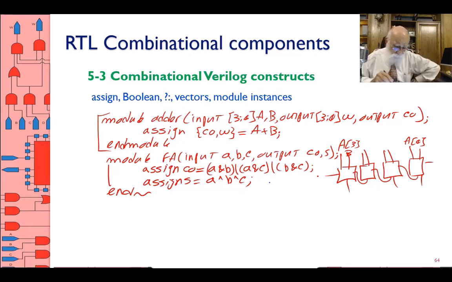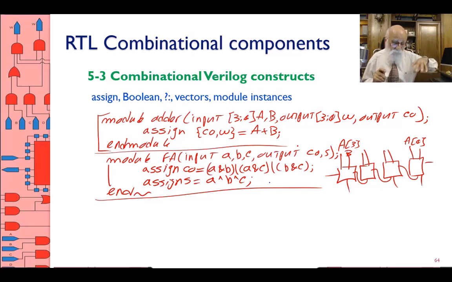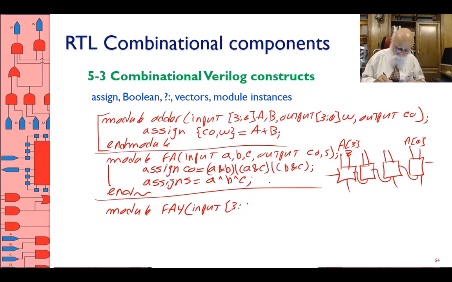Okay, so let's do that. Instead of writing an adder all together, I say, let's do module full adders, 4 of them. Again, the inputs are, as before, [3:0] A, comma B, output [3:0] W,